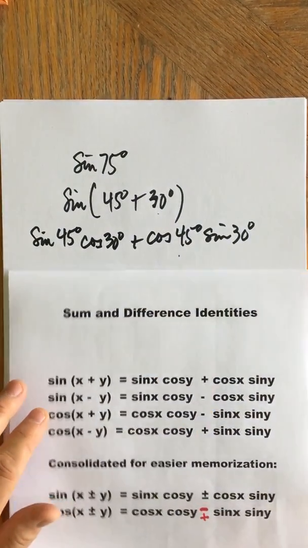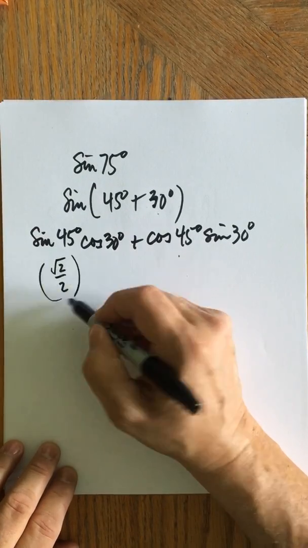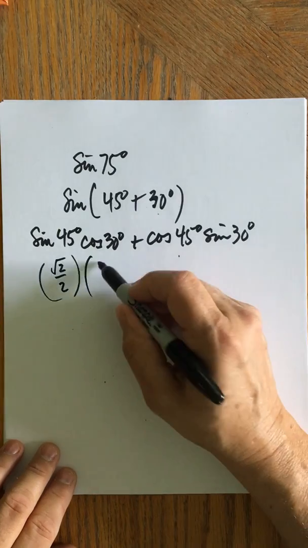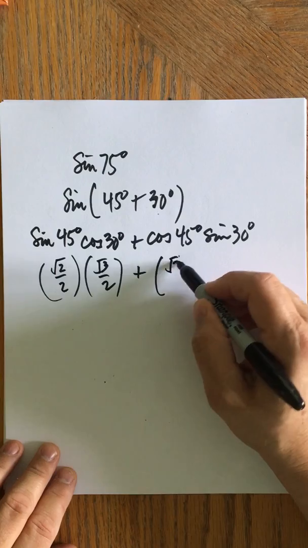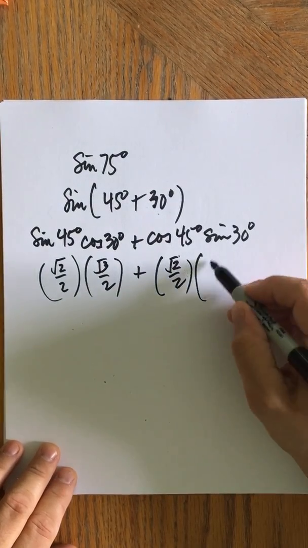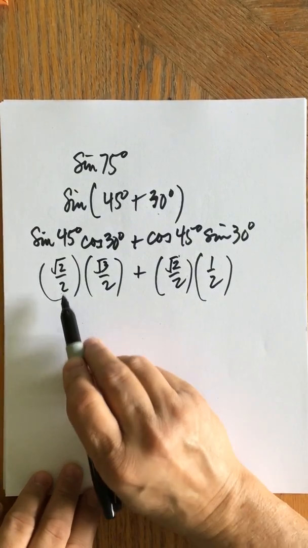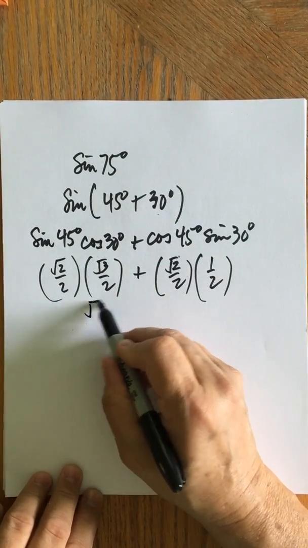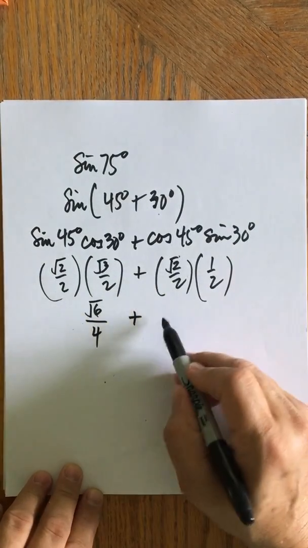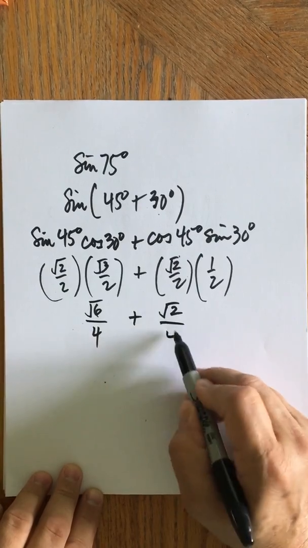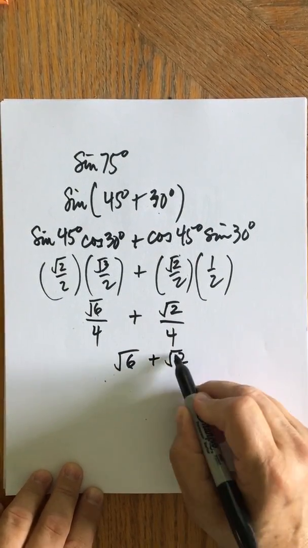And then you evaluate these, and you say, well, sine of 45 is square root 2 over 2. Cosine of 30 is square root 3 over 2. Cosine of 45 is square root 2 over 2. And sine of 30 is 1/2. Right? And then you do just the arithmetic, and you say, okay, well, here I have square root 3 times square root 2 is square root 6 all over 4, 2 times 2. And then here, square root 2 times 1 is square root 2, and then 2 times 2 is 4. They both have the same denominator, so you could say square root 6 plus square root 2 all